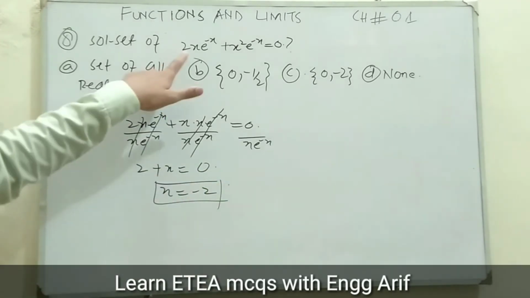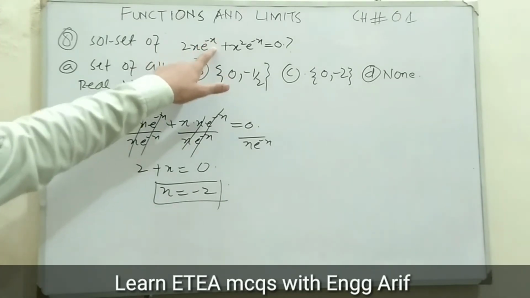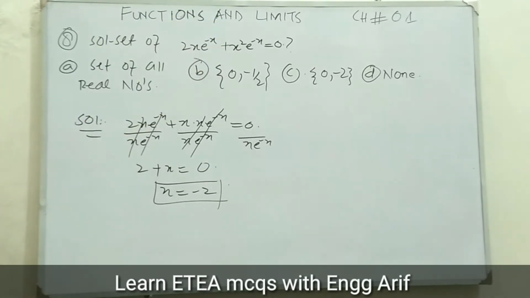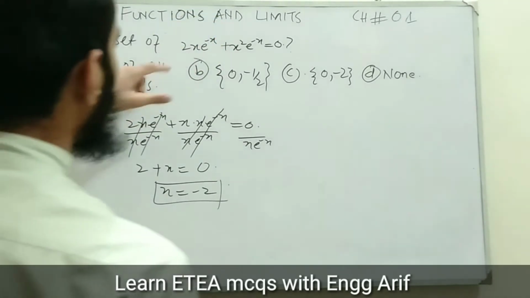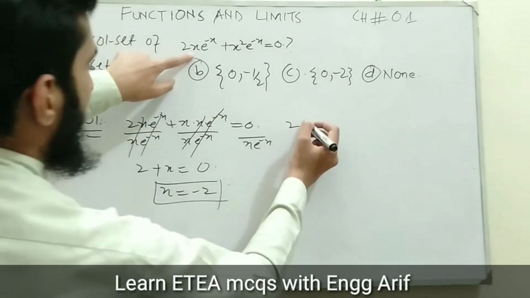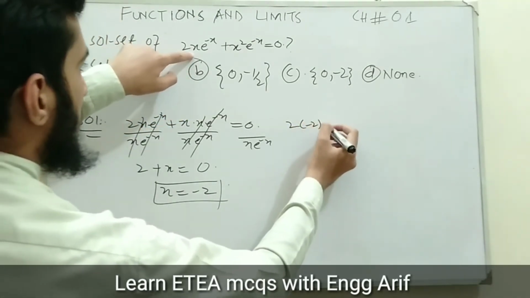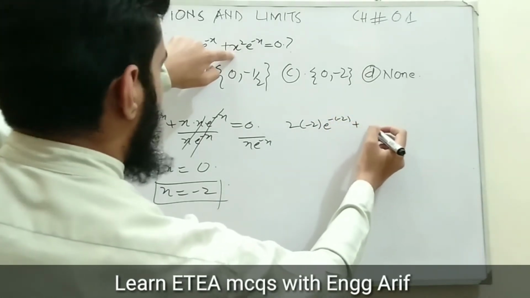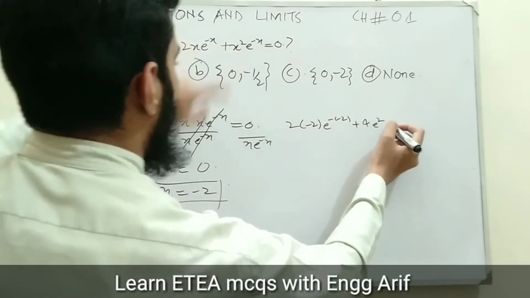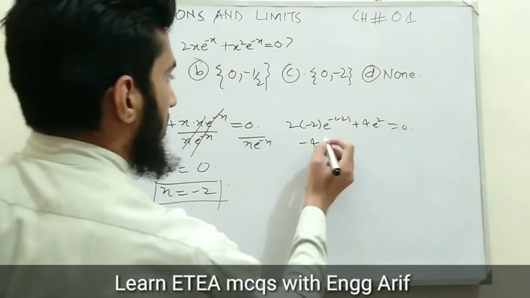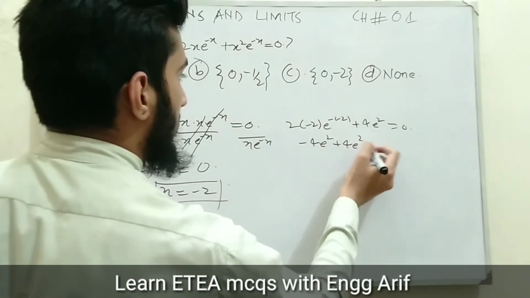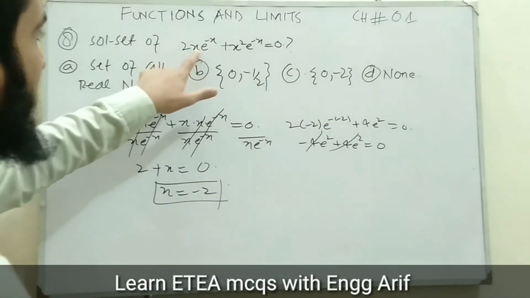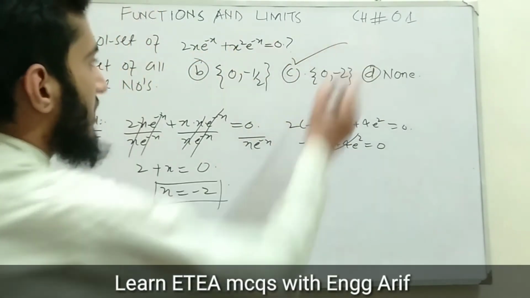After this, if we put 0 over here, again 2x e raised to the power minus x plus x square e raised to the power minus x is equal to 0. Let's suppose we put x as minus 2 over here, so it becomes 2 multiplied by minus 2, e raised to the power minus of x, which is minus 2, plus x square. So minus 2 square gives us 4 e raised to the power 2, which is equal to 0. So it gives us minus 4 e raised to the power 2 plus 4 e raised to the power 2 is equal to 0. So minus 2 is a solution, and 0 is also a solution, because 0 multiplied by something gives us 0, plus 0 is equal to 0. So the correct option is option C.